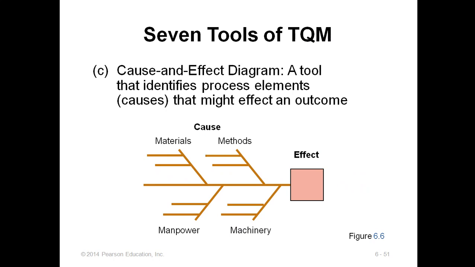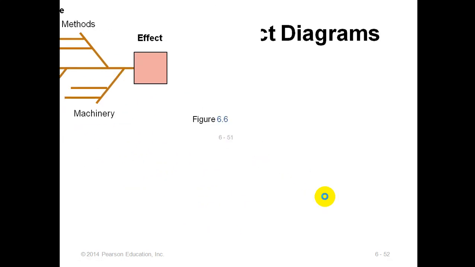Then I would see the other tool that we have, the cause and effect diagram, which is also known as the fishbone diagram. These are the effects and the causes. It looks like a fishbone, that's why we call it a fishbone. Effect means a problem, and we want to find out the causes of this problem. Causes can be identified from four main areas: maybe material, method, manpower, or machinery. Let's see an example so we can understand this concept.